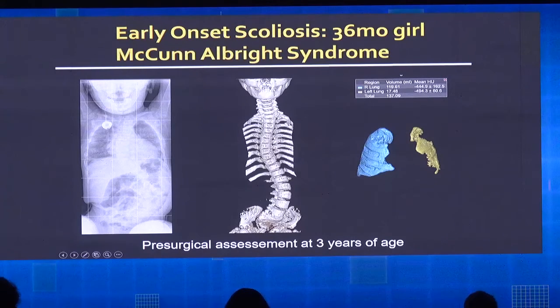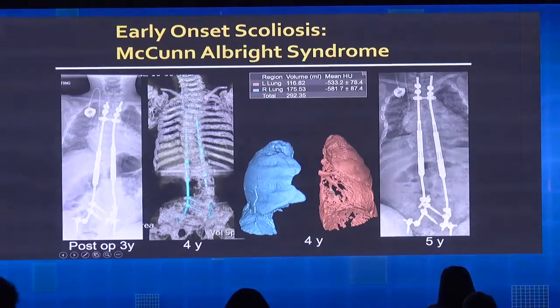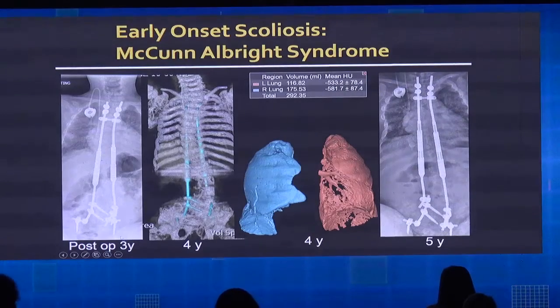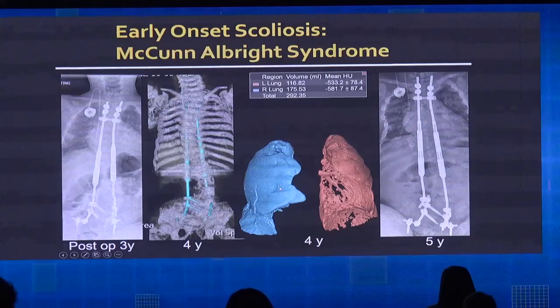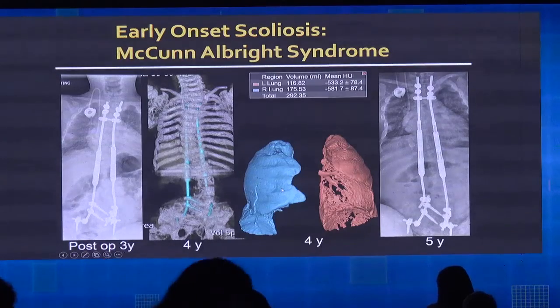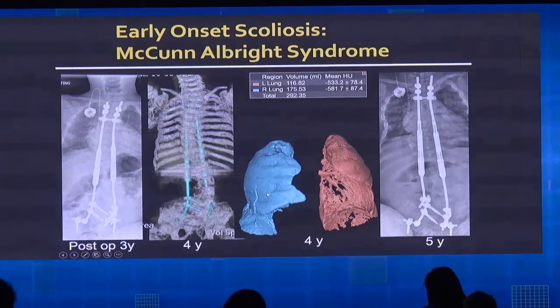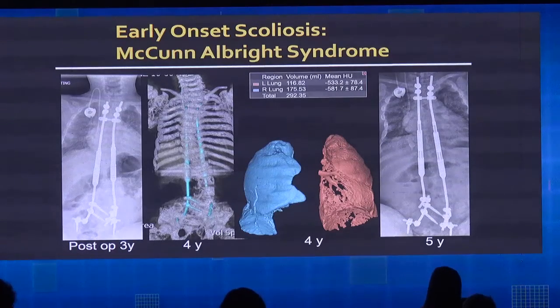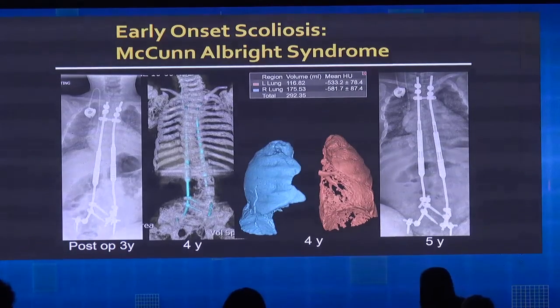And she had a CT as part of the workup, and the CT was also used to assess, in a 3-year-old non-compliant child, the volume of the lungs. And it's something which is significantly important to monitor. So when she's 3 years of age, yes, she still has scoliosis, but everything has grown. Yes, the implants are there, and you can see that the lungs have developed and are within normal limits in terms of volumes. And this is probably an important point to go for surgery and to monitor, because these patients are too young to have any